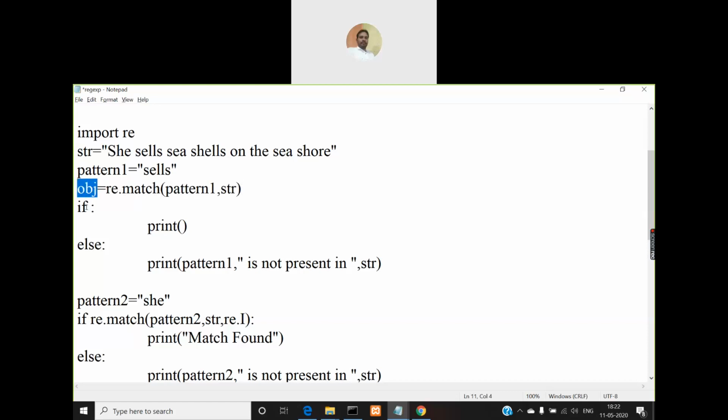So now I'll write here if obj. Instead of writing this entire thing re.match of pattern 1 comma str, I'll write simply obj. So whatever is returned, instead of placing it here, I am placing it in obj and then using obj here. So here in the print statement, instead of printing match found, I'll print obj.